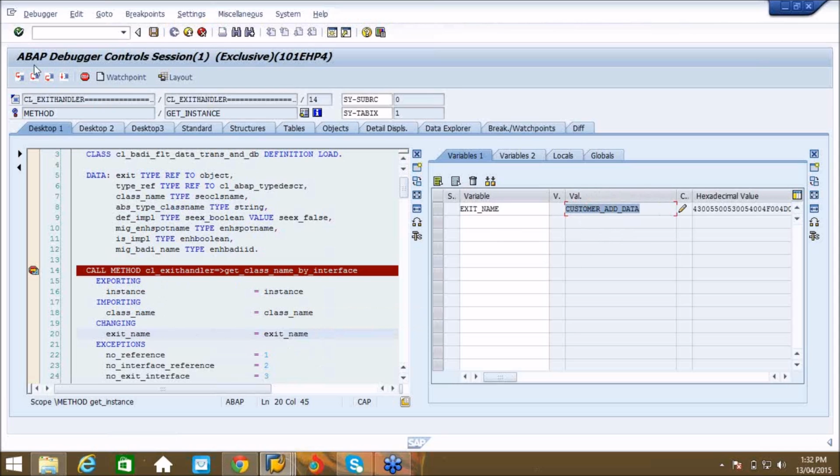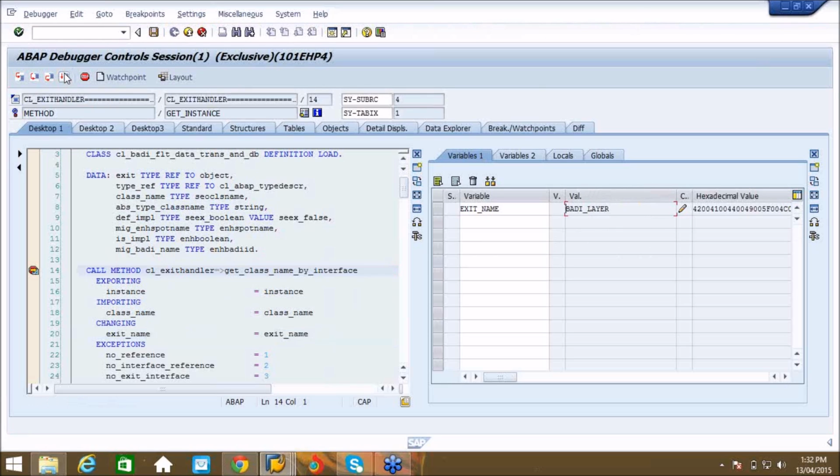Now when I click on F8 again, you can see one more definition. So CUSTOMER_ADD_DATA gets changed and one more definition comes. Like this you can see what are all the BAdI definitions that are called. See, CUSTOMER_ADDRESS_CHANGE, this is another BAdI definition. You can implement this.